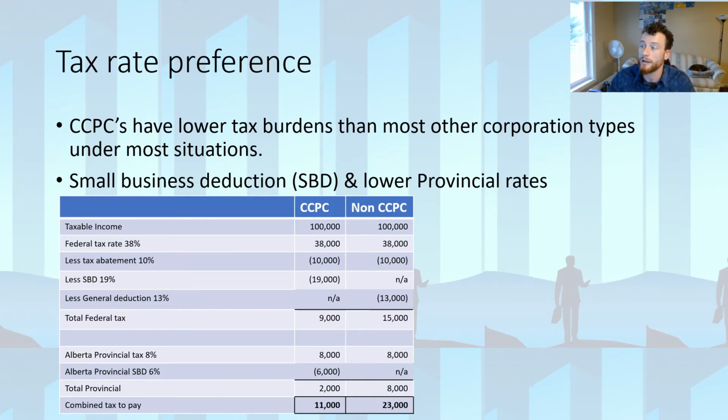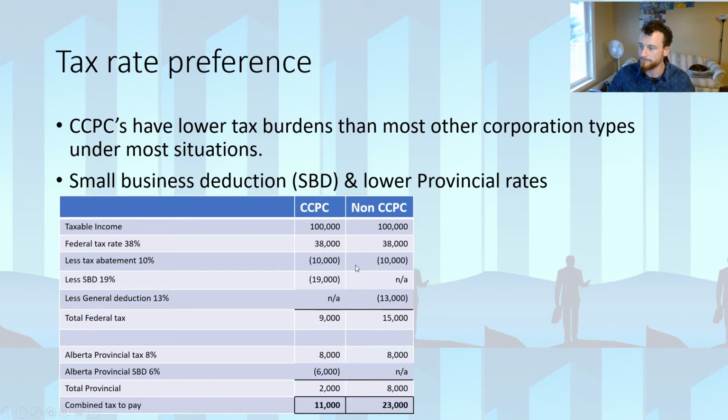Let's say we pull up two scenarios where, number one, we can qualify and meet the criteria of being a CCPC, or number two, it does not meet the criteria. The first component is the $100,000, which gets taxed at 38%. This is the base tax rate. They receive a 10% abatement or a 10% deduction, which applies if the income is derived within a Canadian province.